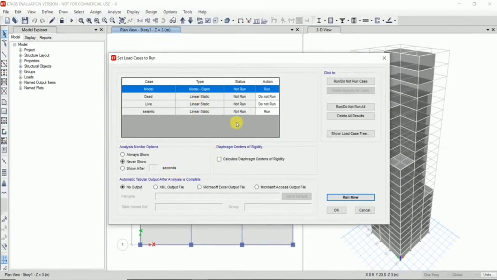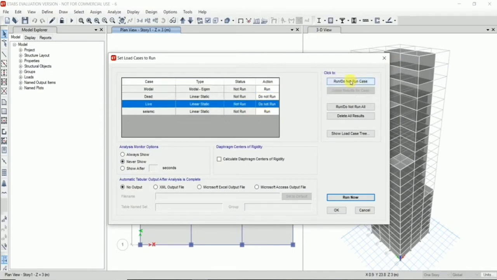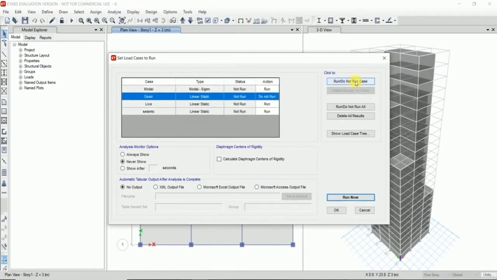Here we will change the analysis properties. Now we click on run now option.